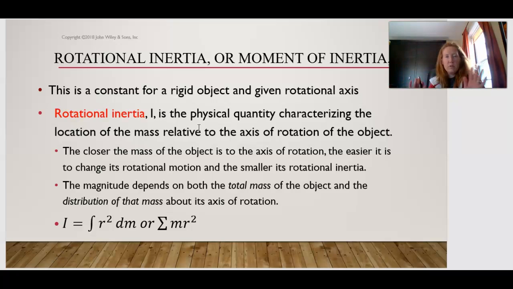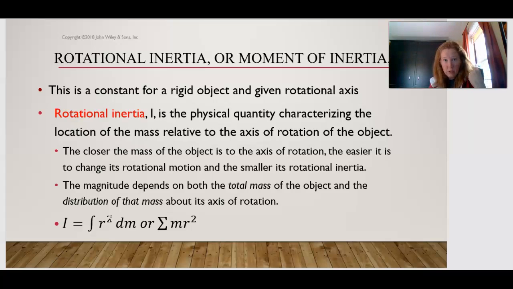And they derive this whole thing. But this quantity, capital I, which has a formula, is really describing: does this object like to rotate or not? Just like the quantity mass, m, is describing: does this object like to accelerate or not,